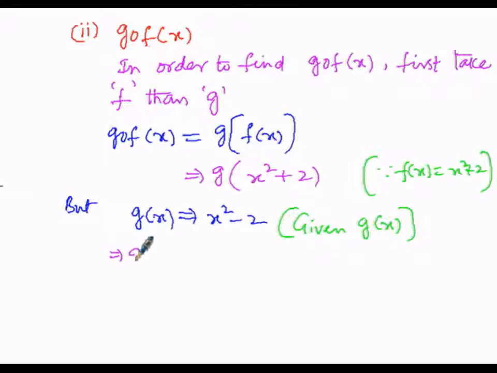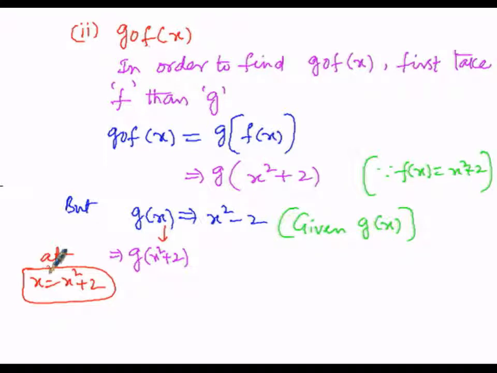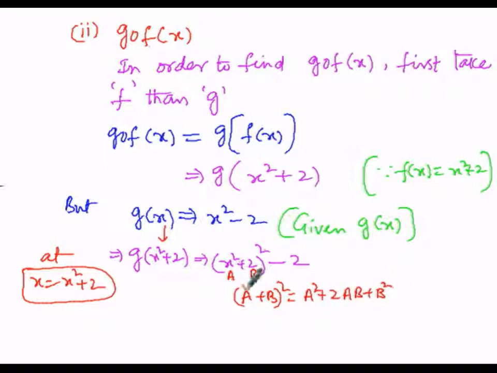So that implies g of x square plus 2. Here this x must be replaced by x square plus 2, so at x equals x square plus 2, x must be replaced by x square plus 2, but it must be squared. Minus 2 is copied as it is. But when we assume x square as a and 2 as b, it is in the form of a plus b whole square. But we know a plus b whole square is a square plus 2ab plus b square. So based upon this special product,